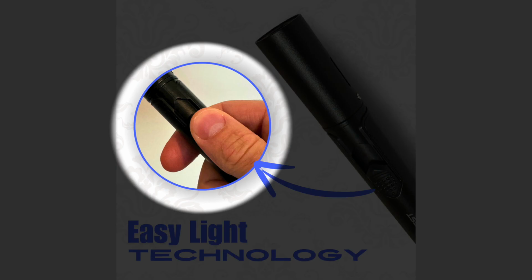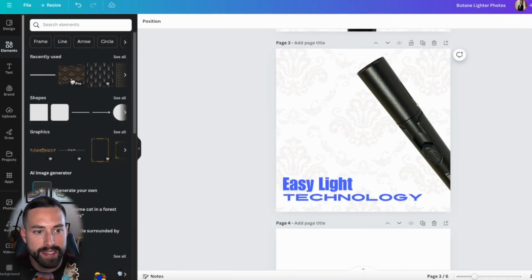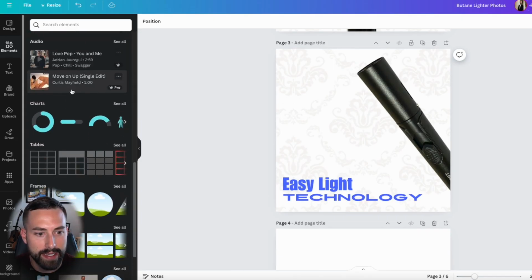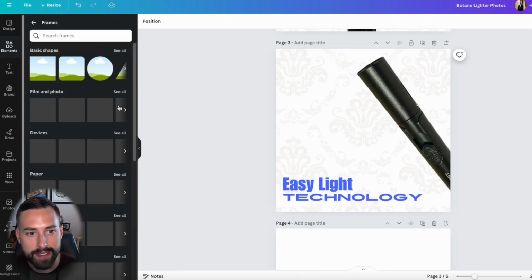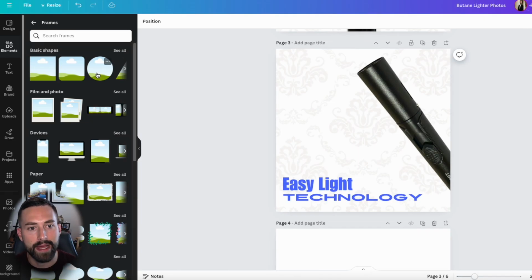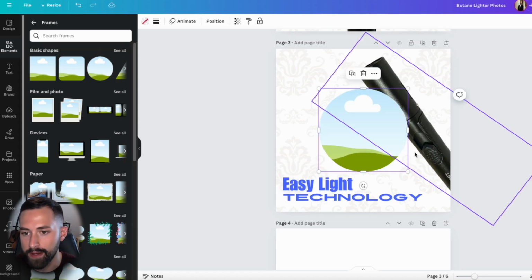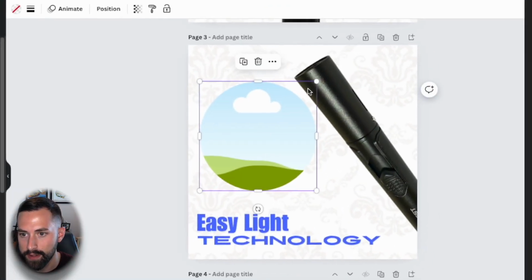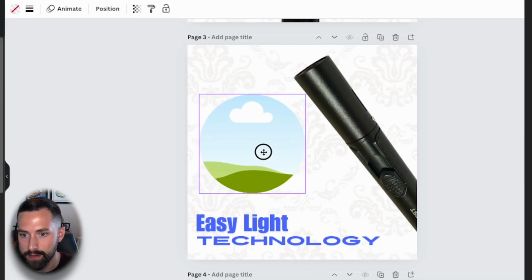I think it's a good way to zoom in on your product and show some type of special feature of your product. So I'm going to go to the Elements tab here. I'm going to scroll down until I see these frames. Click See All. And these are frames, shapes or types of devices, for example, where you can drag and drop photos into, and then you can do really anything you want with that photo by zooming in on it. So I'm going to use a circle here, and I'm going to position this right here for the